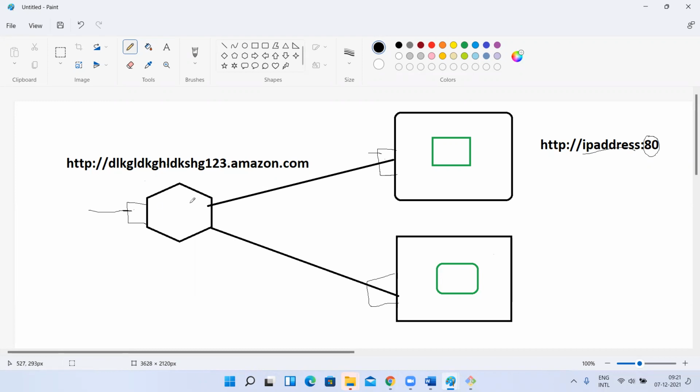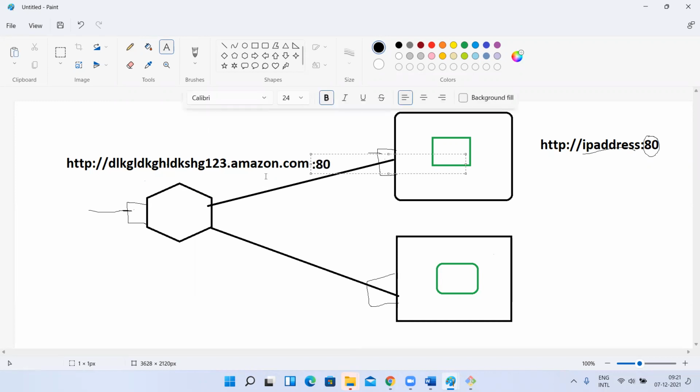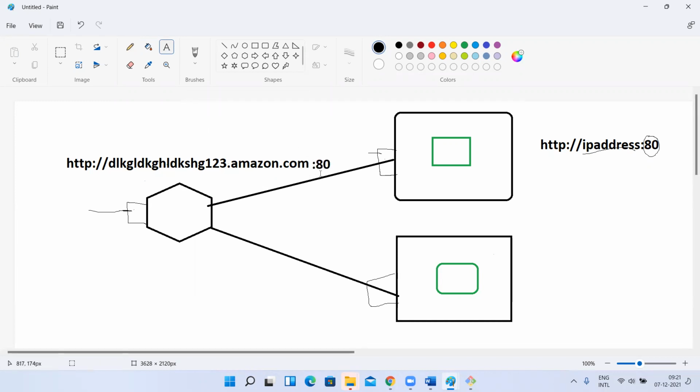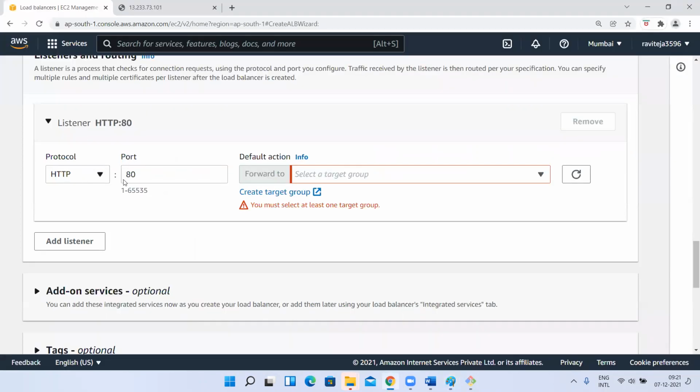Say this load balancer is able to route the traffic, right? That is its purpose. Now, if I want to access it, it also needs to be accessed. Actually, here the port number will be 80, but you need not give the port number 80, because the default port number is there, right? So this is saying the load balancer should listen on what port number? 80 port number, right? Next, you have to create a target group.